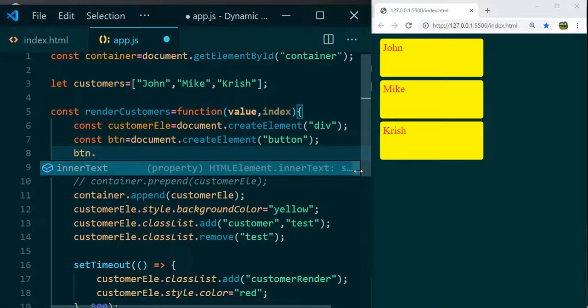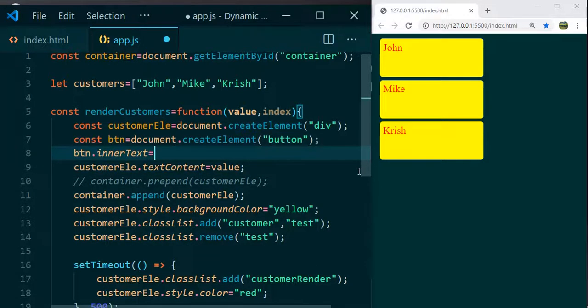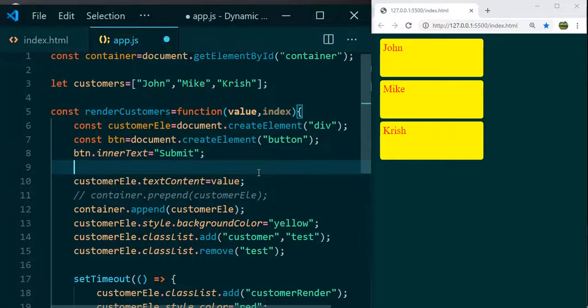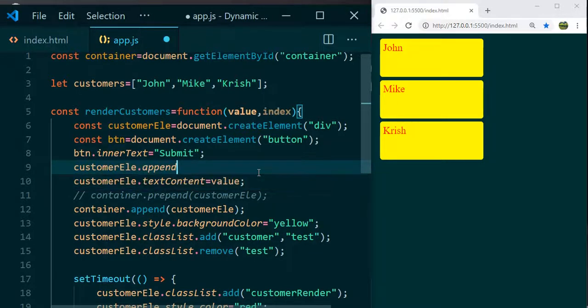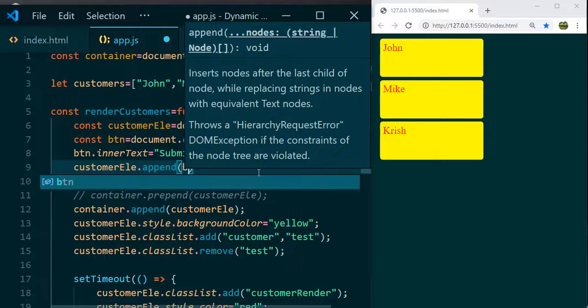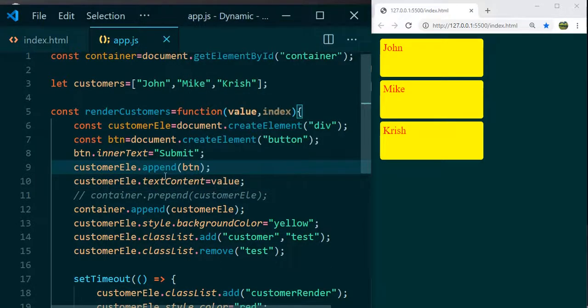And for button we need to provide some name, so I'll just provide innerText equal to Submit, and add this button to the customer element. So how to add that? customerElement.append(button). Now go and save it.